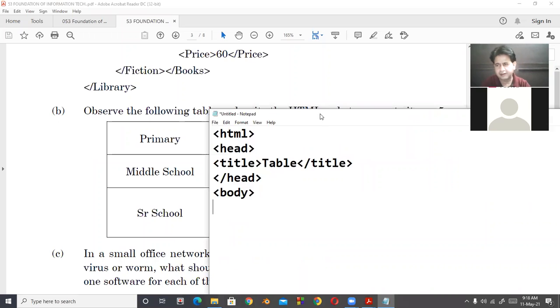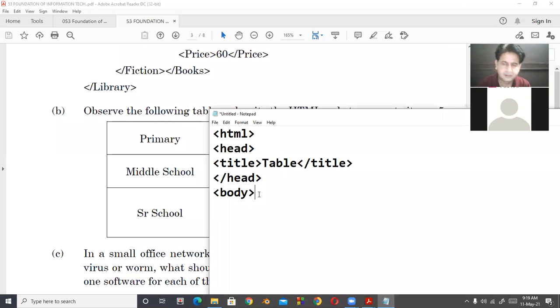So if your data is centralized and bold, in that case you will use th tag in place of a td tag. So after that, we will start table tag and then tr. Tr stands for table row. So we started a new row.